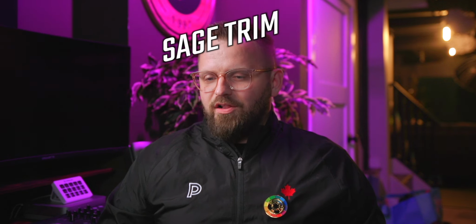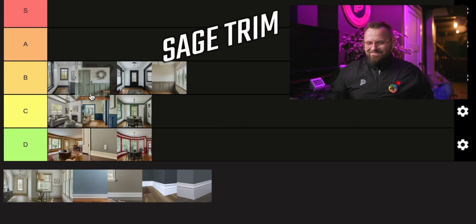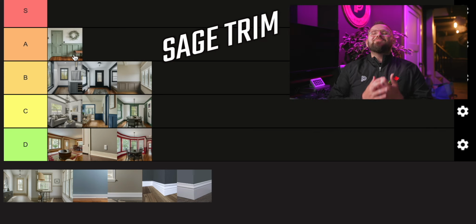Now next up we have another green, but this one is lighter. It's a bit of a sage green, a lighter mid-tone color. And this one, I think I might just bring it A tier. So I'm really biased towards greens. The dark green, probably not a good choice, but once you have something that is a very subtle, dusty sage